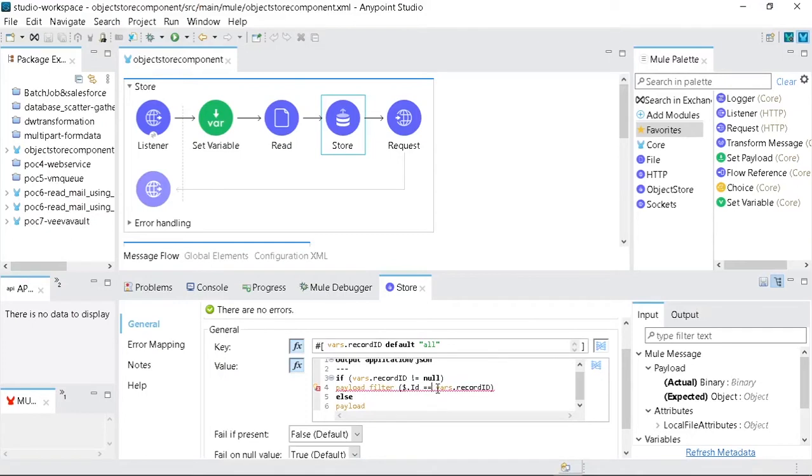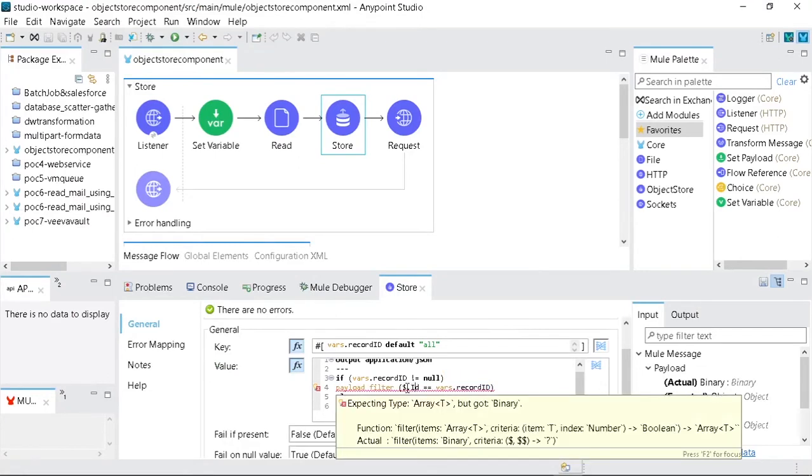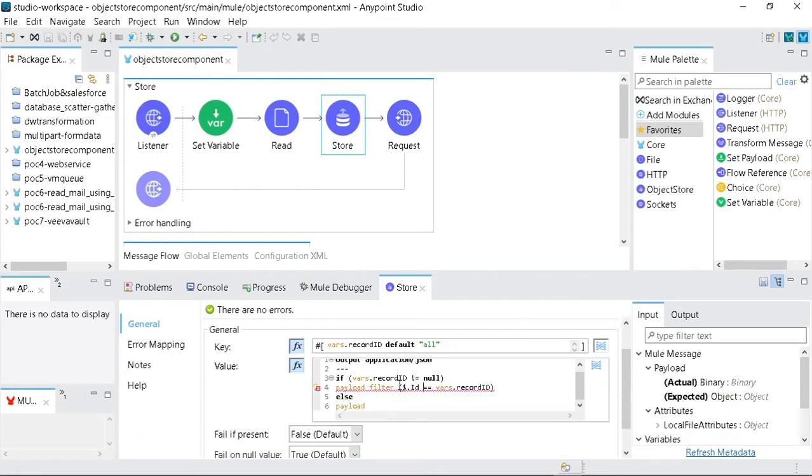And here is vars.record id. Vars.record id is signifying the set variable component. So when vars.record id is equal to any value, that particular record will be filtered out. In this way this DataWeave expression is working here.